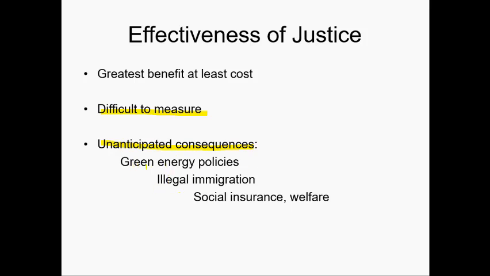For example, the book talks about some interesting examples here. Green energy policies. For example, if a country subsidizes solar energy panels, that could divert solar energy production to a country that has less sunlight. So if a country that actually has more sunlight is not promoting that, then we're being inefficient in our green energy policies. That well-meant policy to subsidize solar power is actually making it worse by diverting resources to a country that has less sunlight than a country that has more sunlight that could really benefit from that.